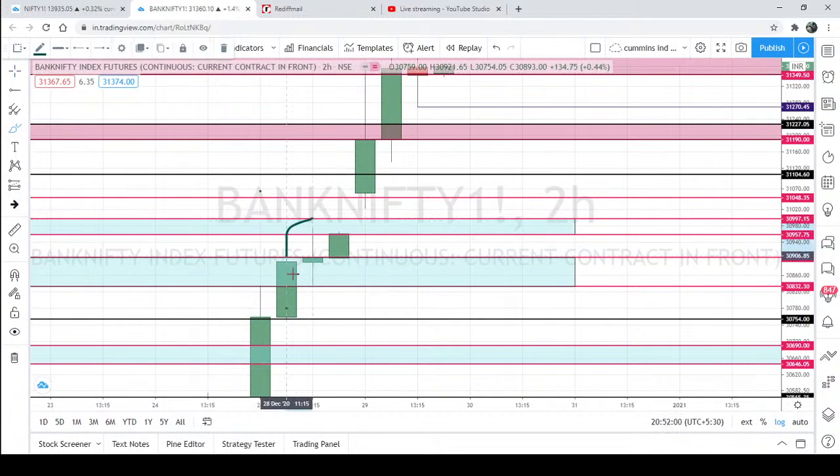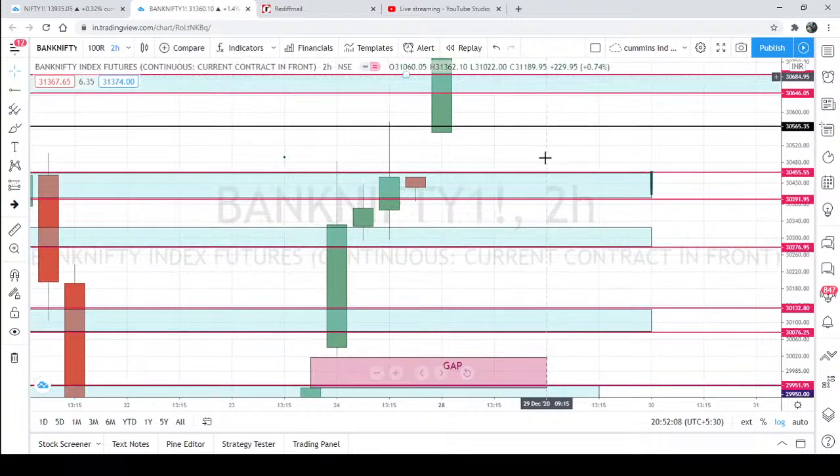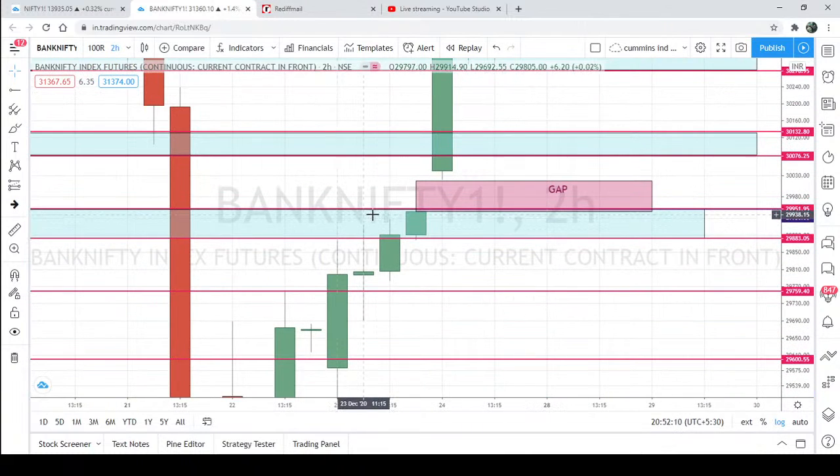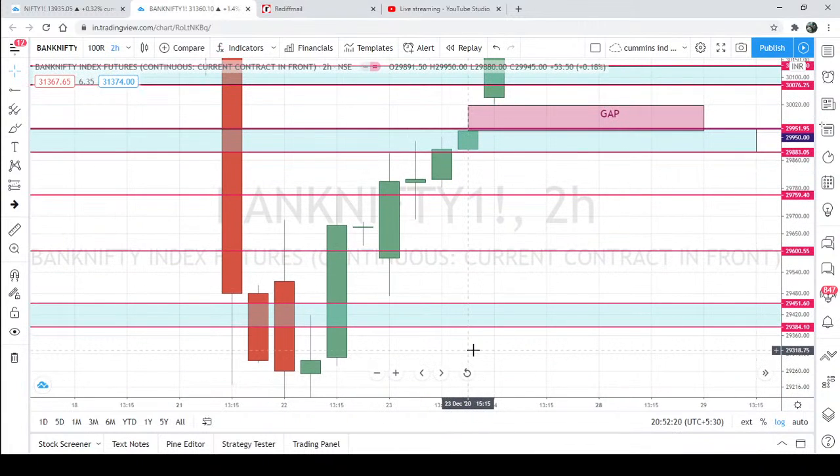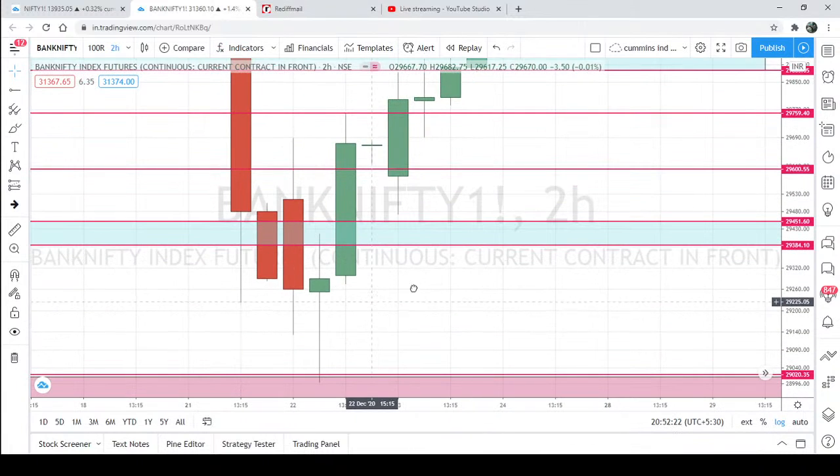See, this was something like a spinning top, and you can see once the high broke, there was good momentum on the upside. I'll show you some more spinning tops. You can see here this kind of doji or spinning top. Whenever the high or low breaks, there can be one-sided movement, but make sure you always have a stop loss because it's not always guaranteed. Yes, the probability is high.